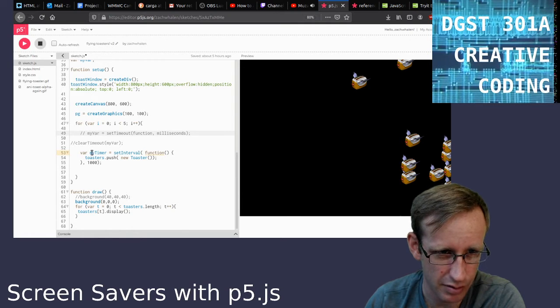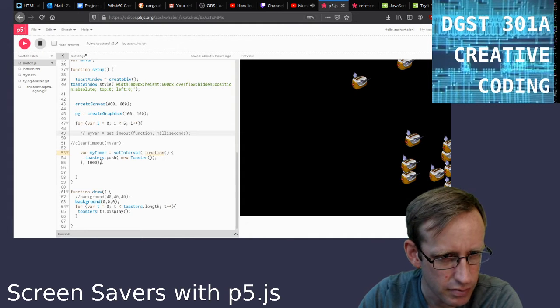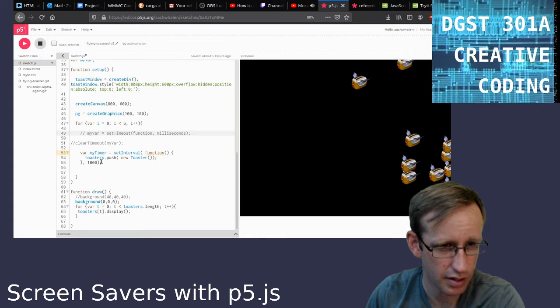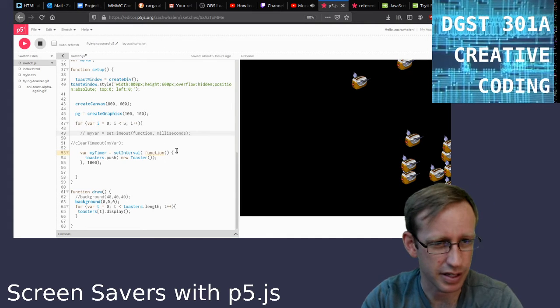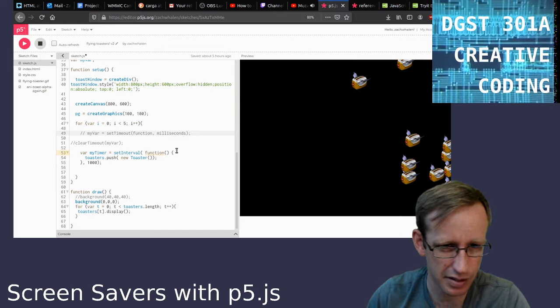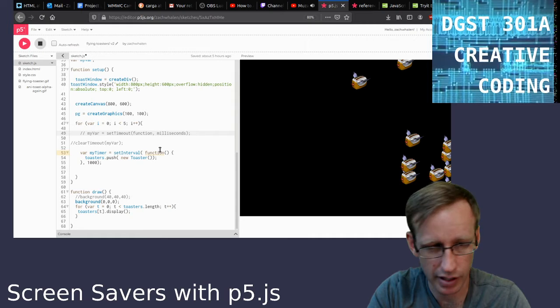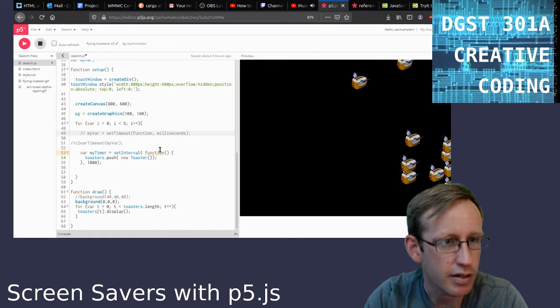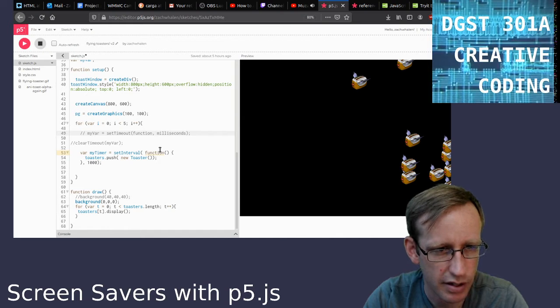Okay, so we don't need to assign it to a variable. That's good. I didn't think so. That is kind of awkward. Okay, so let's do this. Function, and down in here what I can do, hopefully this doesn't create a scoping thing, is check how many toasters there are currently. So if, what is it called? toasters.length